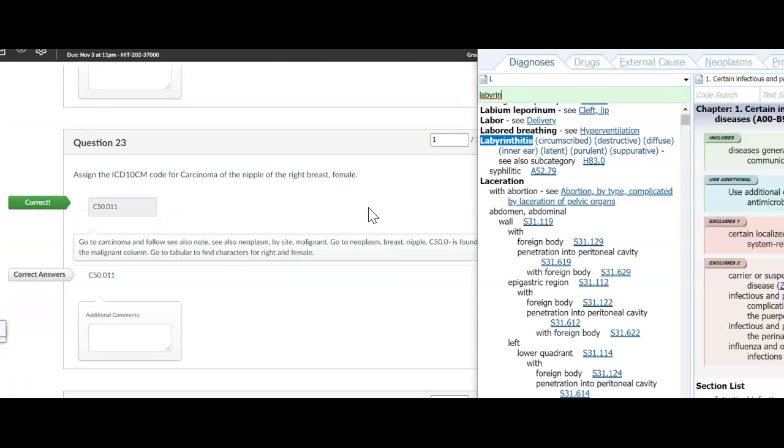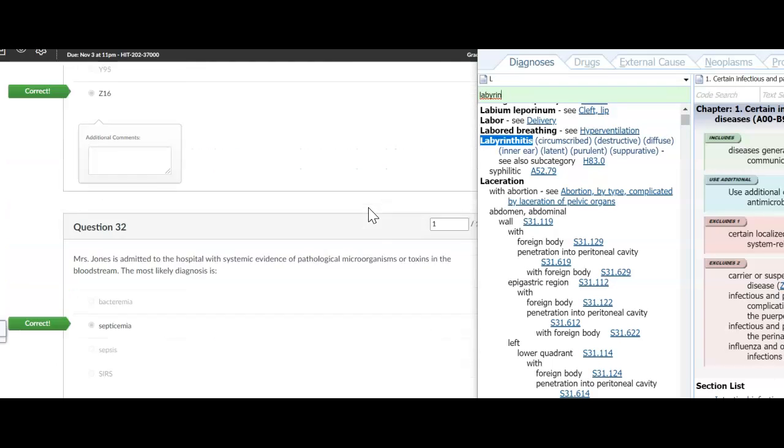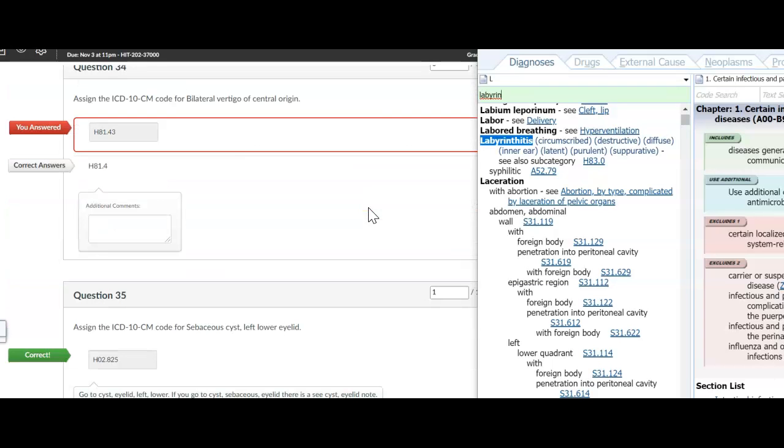Let's go through the rest of your exam. This one here, we have bilateral vertigo. With this one here,